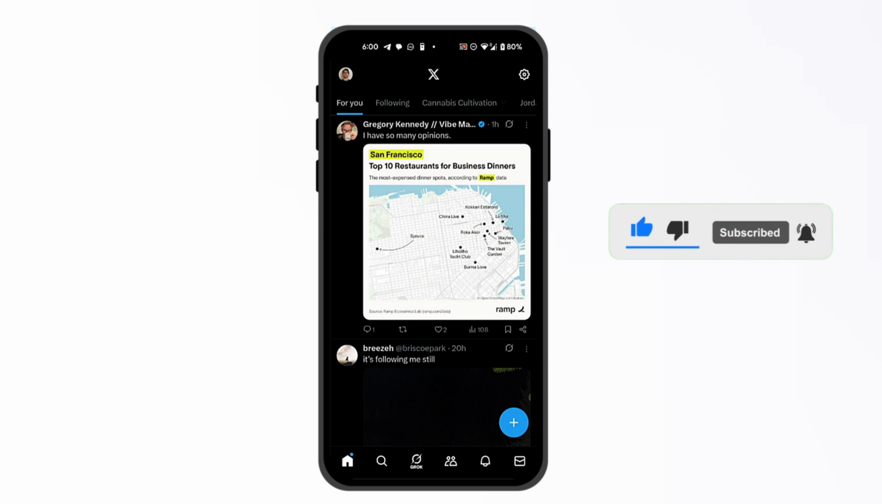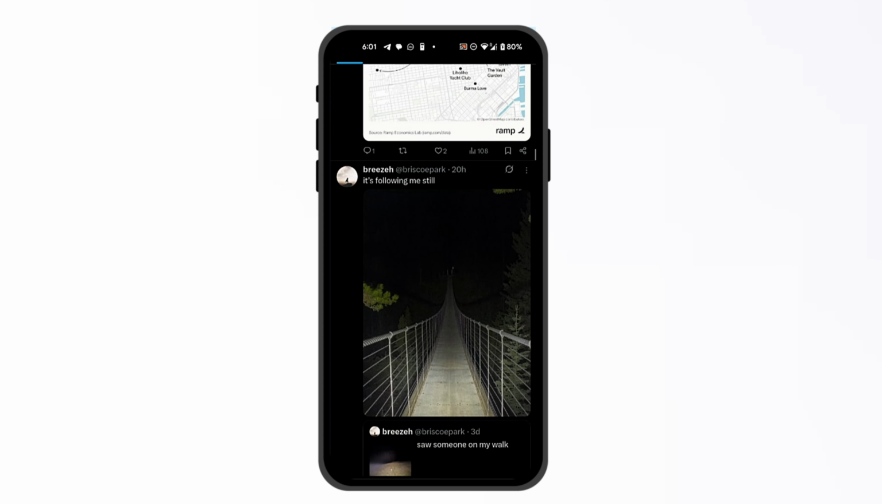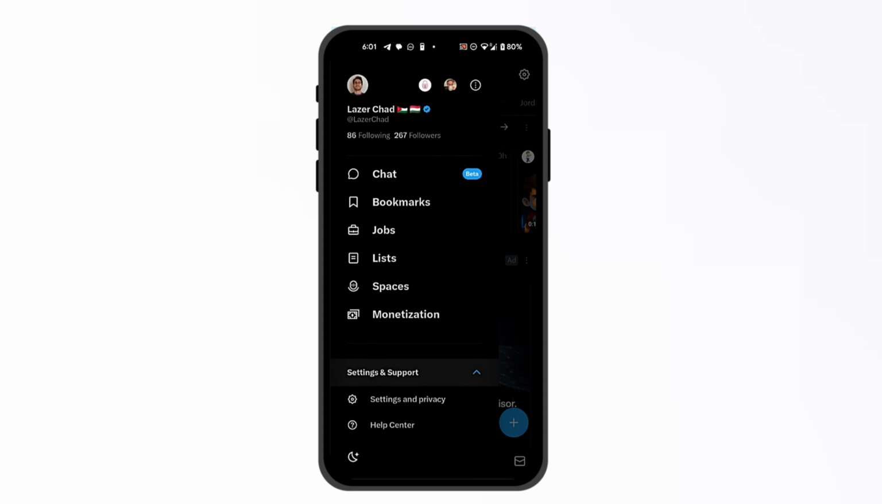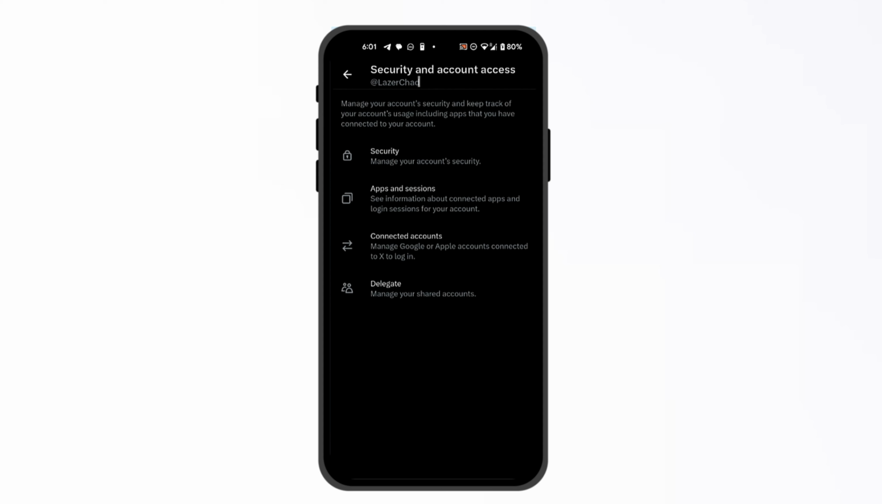So all you have to do is open your X account, formerly known as Twitter, and make sure that you are on the home page. From here, go to the top left section where your profile picture is, and scroll down until you see support and settings, and then settings and privacy. From here, scroll down to see security and account access, and then click again